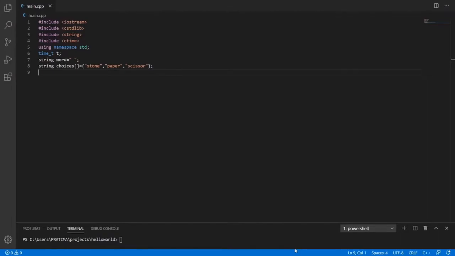Let's get into the most exciting and important part, the main function, in which all the main things are there. That's why it is called the main function. Let's call it int main. If you use void main, it means you're not returning something, and if I'm using int main, it means at the end of my function I have to return something, and I will return a 0.